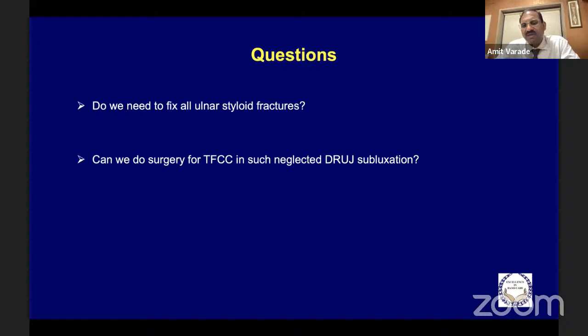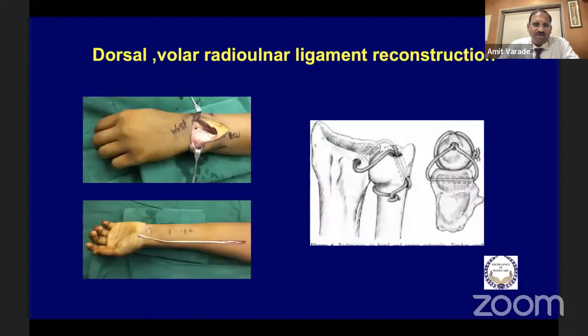See, this patient was having this problem for 4 years. And in 4 years, most of the TFCC has been fibrosed, so there is no point in repairing it. In such cases, what we do is reconstruct it with this procedure, the Adam Berger procedure. Here, this is the palmaris longus graft which we have used for reconstruction. This is the distal radioulnar joint, and we can see this is the hole which we have made into the